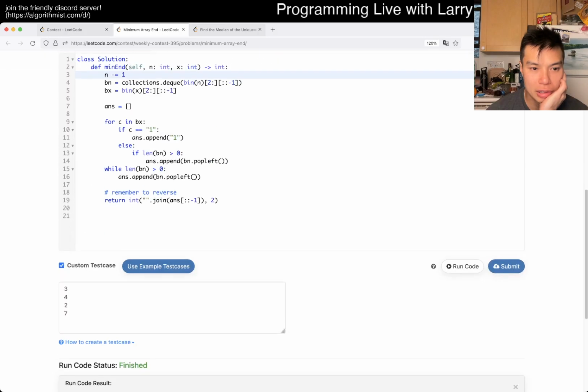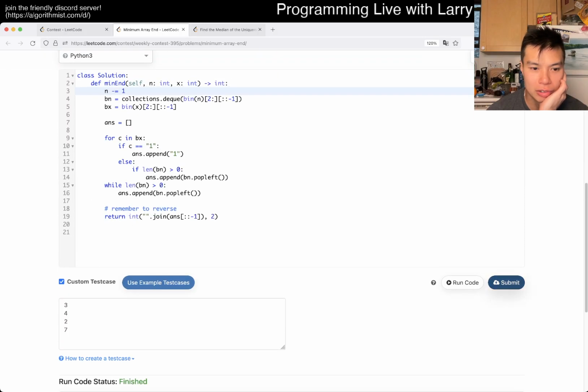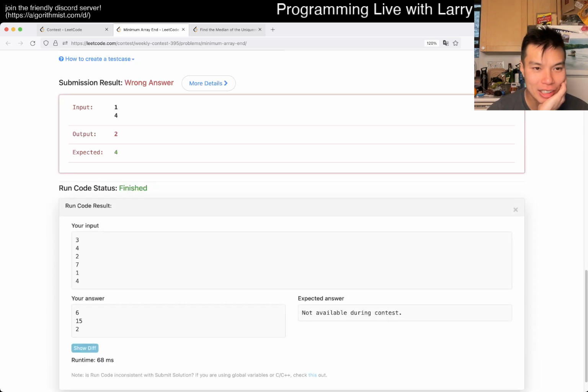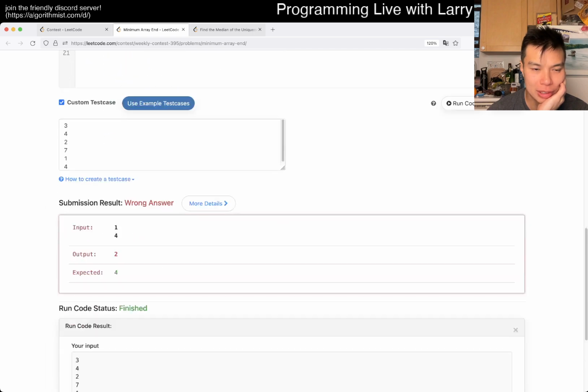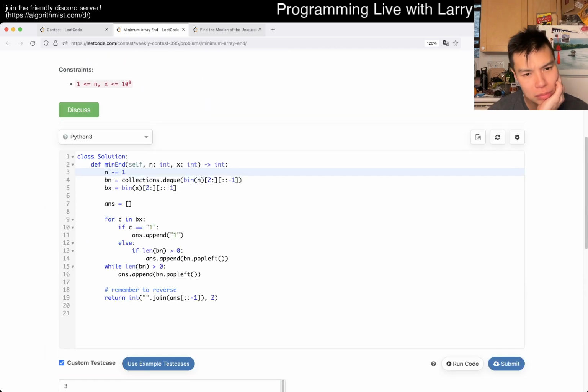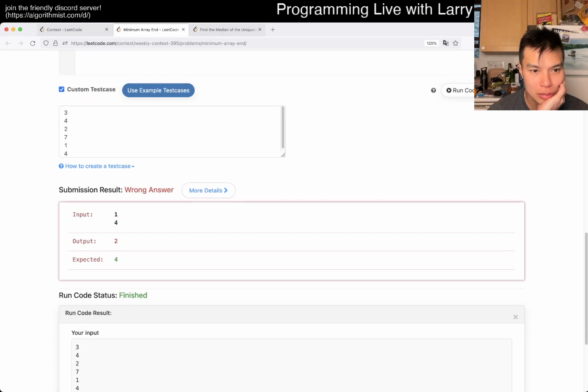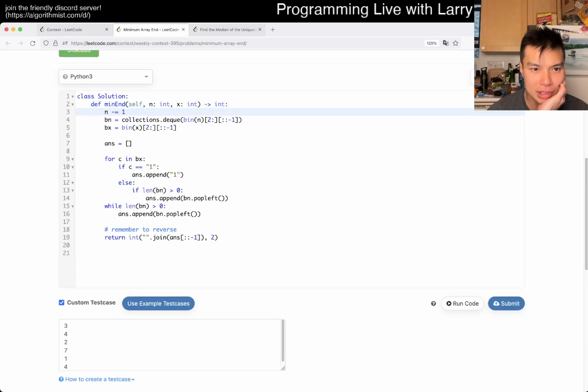615. All right. I mean, all right. YOLO. Oh no. Should not have YOLO, but luckily it's a virtual contest. Output 2, expected 4. Why would my output be 2? Something is weird. Something is just really wrong then. We have one number with 4. I expect it to be 4 too. It's my